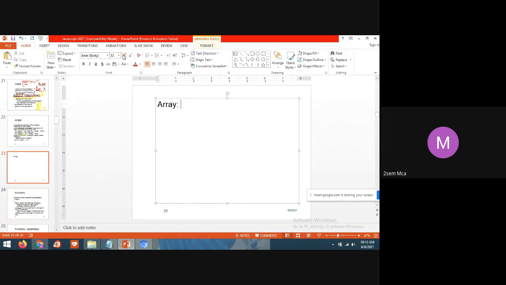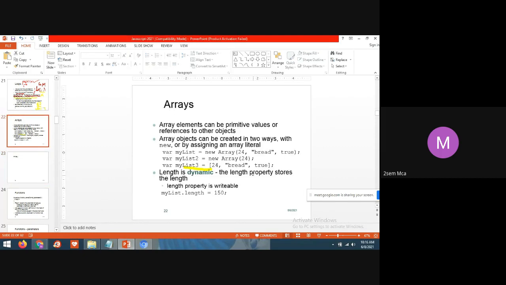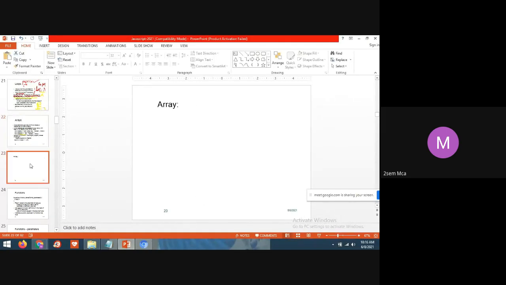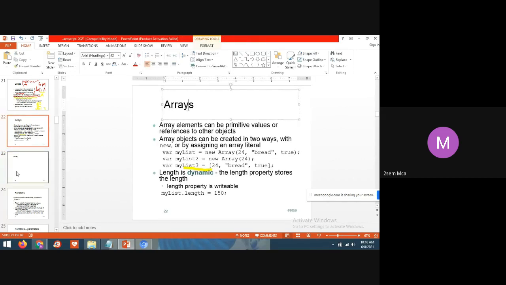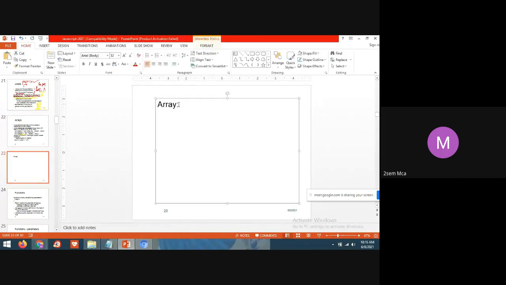See here, in the last class when I was explaining this slide, an array object can be created in two ways. One is with the new keyword, and the other way is by assigning an array literal. This I was explaining, then time was up, so I told I will see this in the next class. So here I'll write one example. Yes, students, the font size is okay, no? Whatever I'm writing, you can see.